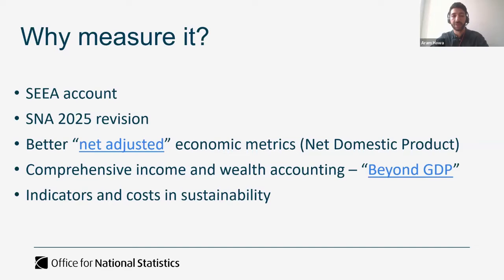However, a long-standing problem with the derivation of NDP is a lack of robust data, traditionally on the consumption of fixed capital, however, most recently with depletion of our natural resources. The ONS has a strong agenda when it comes to going beyond GDP, moving towards inclusive wealth and income stances